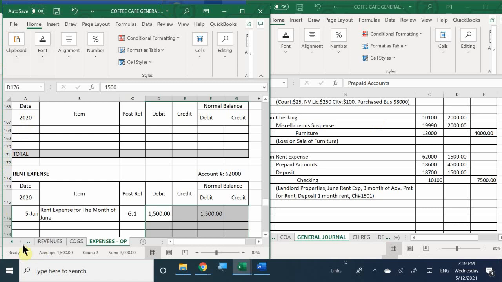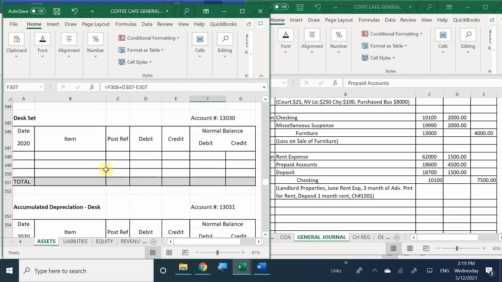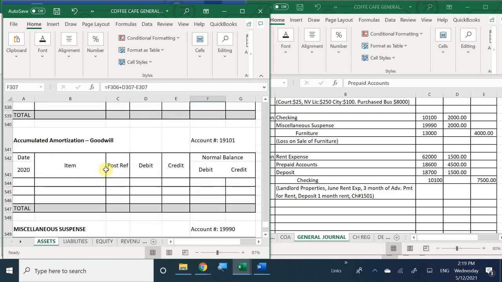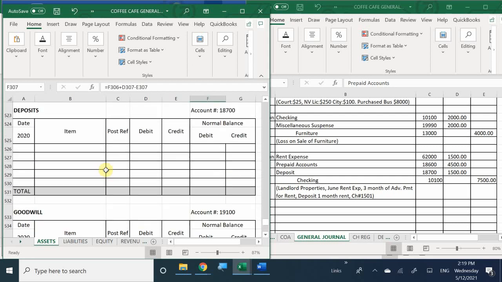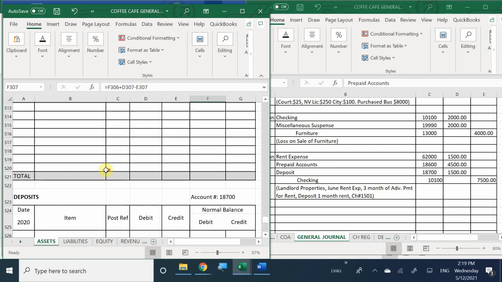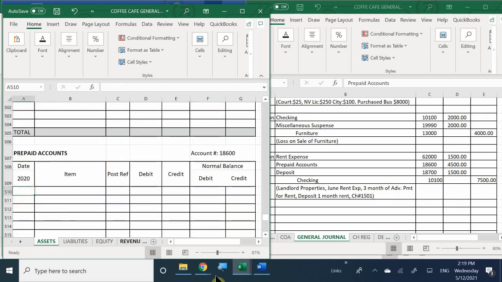Now next is prepaid accounts. So once again, I'm going to go to my assets, and this should be the last page of your assets, the very last couple of tables down below. So here it is. I have my deposits and my prepaid accounts. Here, same thing, June 5th. Now I'm going to go ahead and write advance payment